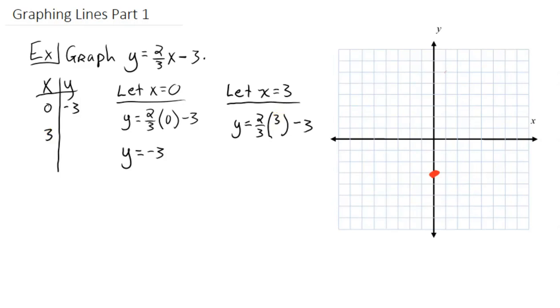And also, sometimes it's helpful when you're thinking of that 3, since we're in fraction land, to think of it as 3 over 1. 3 over 1 reduces to 3, but as a fraction, we can think of it as 3 over 1. And then it's easier to see that these 3's cancel off, leaving me with just 2 over 1, or 2. So I get y equals 2 minus 3, or y equals negative 1. So that gives me the ordered pair 3, negative 1,